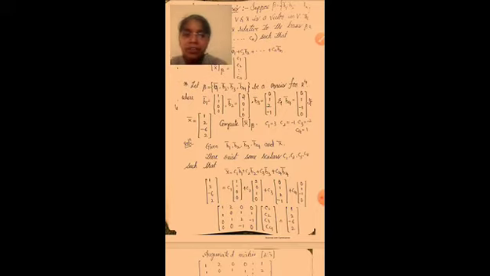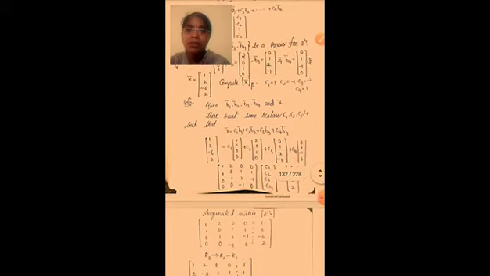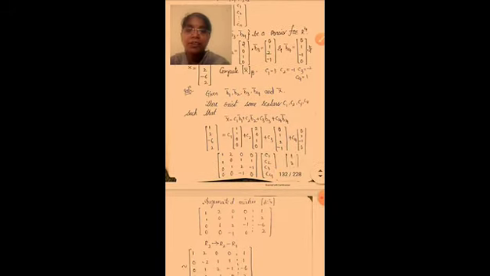So given b1 bar, b2 bar, b3 bar, b4 bar and x bar, there exist some scalars c1, c2, c3, c4 such that x bar is equal to c1 b1 bar plus c2 b2 bar plus c3 b3 bar plus c4 b4 bar. So substitute here all x bar, b1 bar, b2 bar, b3 bar, b4 bar. So x bar is equal to (1, 2, -6, 2) and c1 into b1 bar here (1, 1, 0, 0) plus c2 into b2 bar (2, 0, 1, 0) plus c3 into b3 bar here (0, 1, 2, -1) plus c4 into b4 bar (0, 1, -1, 0).